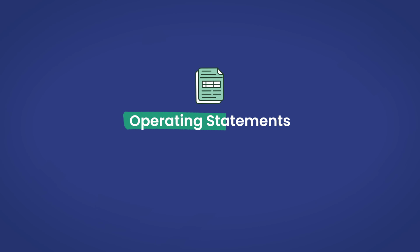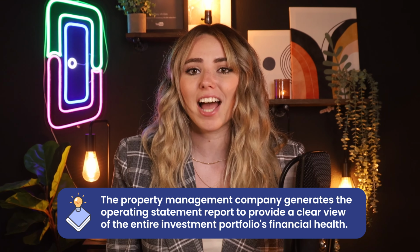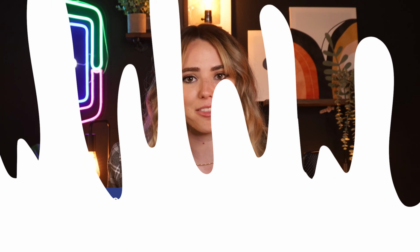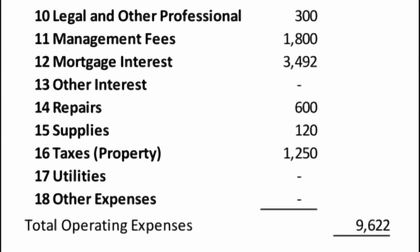Next is the operating statement. The operating statement is another metric that is used to measure the performance of the investment property. The property management company generates this report to provide a clear view of the entire investment portfolio's financial health. In this report, the owner disbursement is listed as an expense, which means that the funds were used for something on the property. This means that those funds are no longer at the disposal of the property for other financial